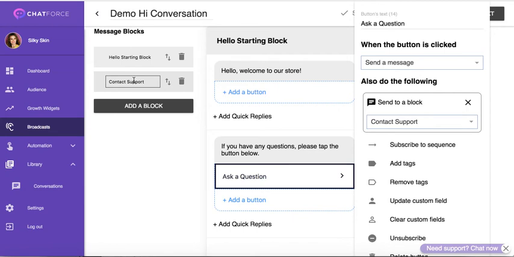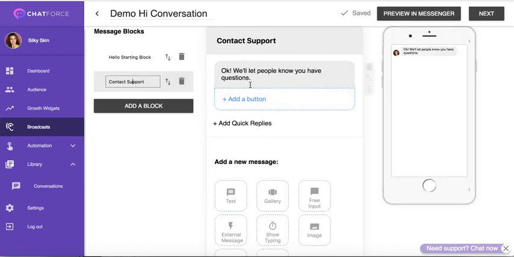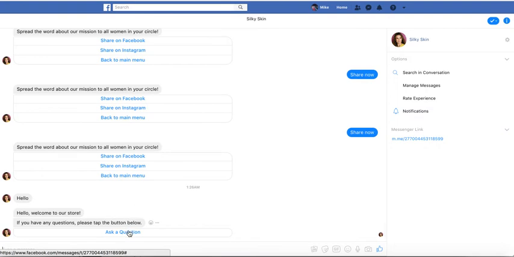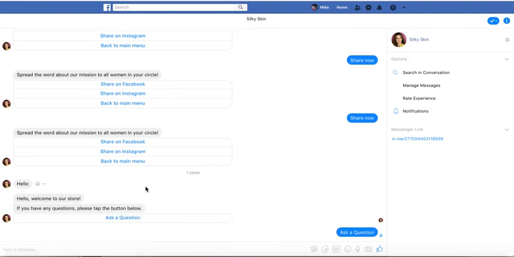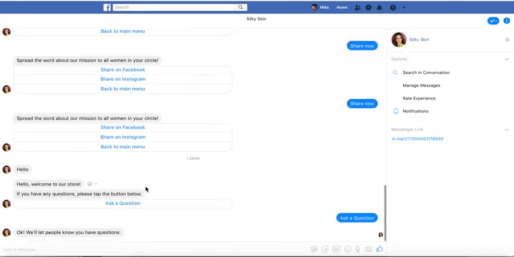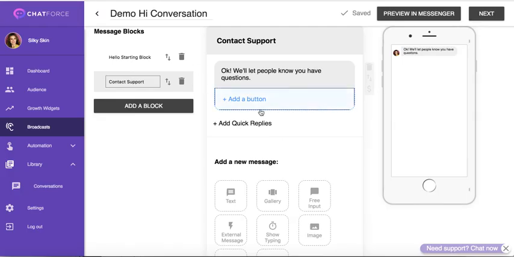So what I'm expecting is when somebody clicks on this button, this message will be sent. So let's try that. Boom. There you go. It's a very simple chatbot, and it illustrates the most simple concept of blocks, messages, and